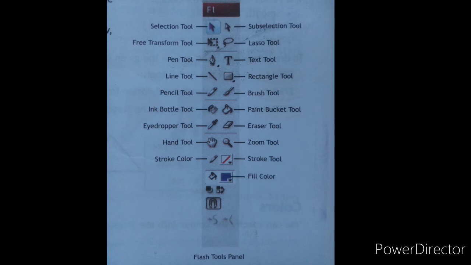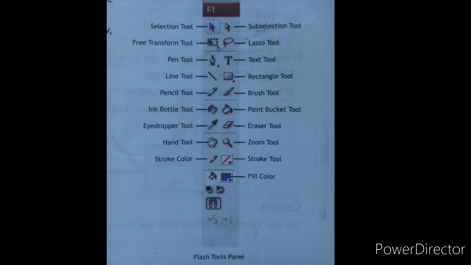On the left hand side, the next tool is the eyedropper tool. The eyedropper tool allows you to select the attributes of a shape such as fill and stroke color and line weight and style, and then transfer them to other shapes.